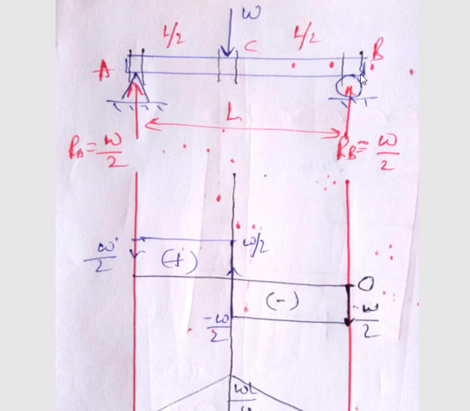Now after this cross section, move to this section. I am coming from right to left, and when I consider this section, again coming from the right side, there is one force on the right hand side of this section. This force is acting upward. For any section, if the force on the right hand side is upward, shear force is upward, and we take it as negative. So I am taking this force as negative, that is minus W by 2.